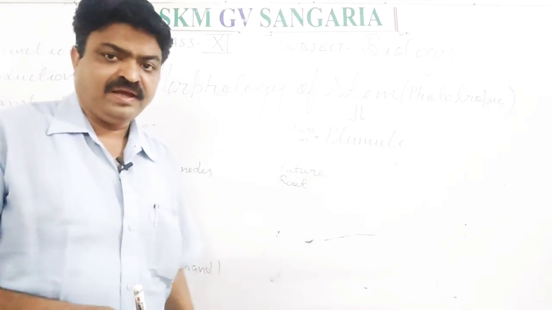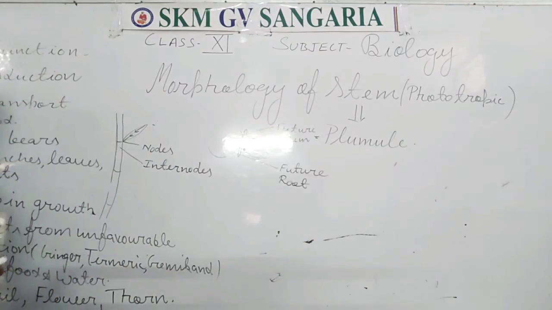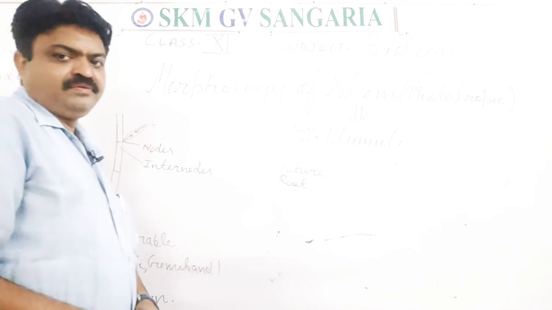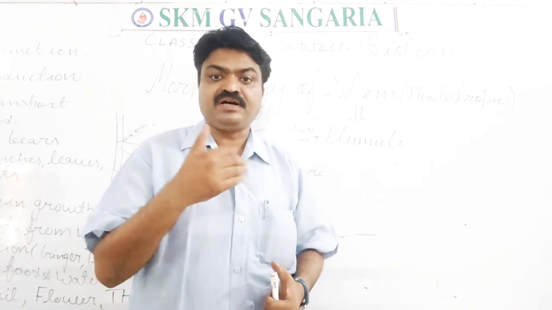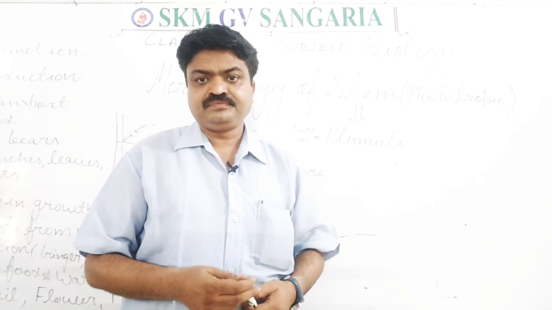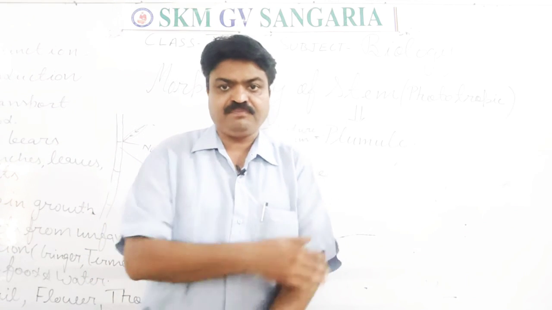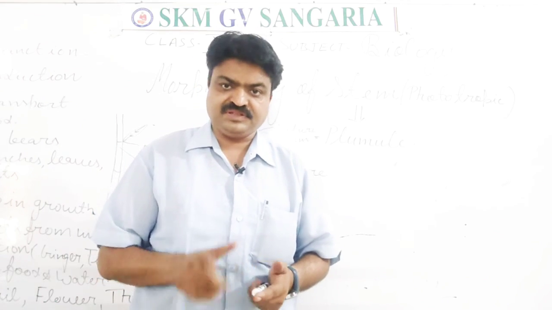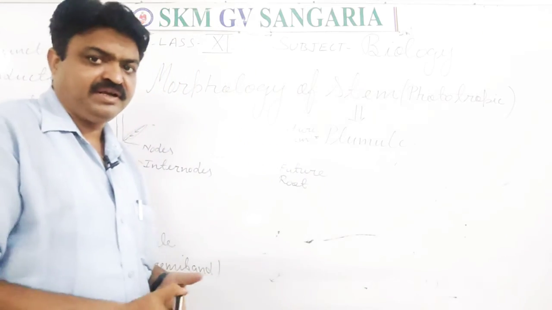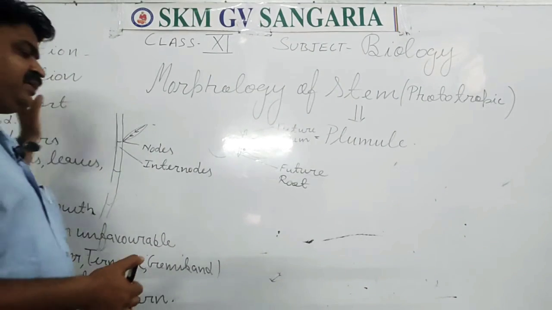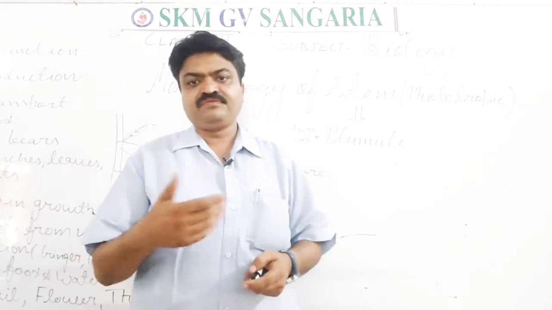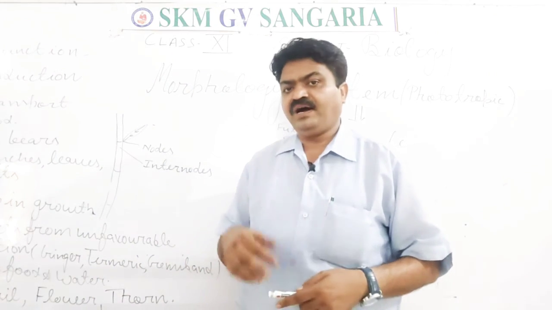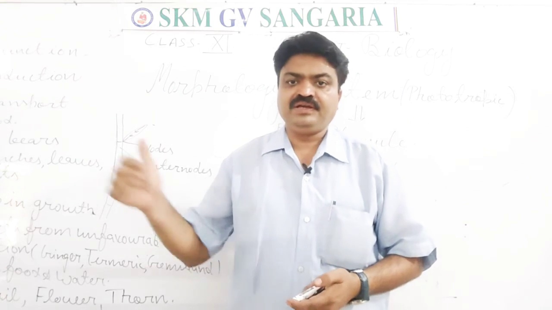Stem helps the plant in the conduction of water and minerals. Water and minerals are conducted with the help of the stem. With this it helps in the transportation of food, means the food is transported from one part to another with the help of the stem. The next important characteristic that the stem has, student, is that it bears the different parts of the plant like the leaves, branches, fruits, flowers, buds. All these parts are found on the stem.